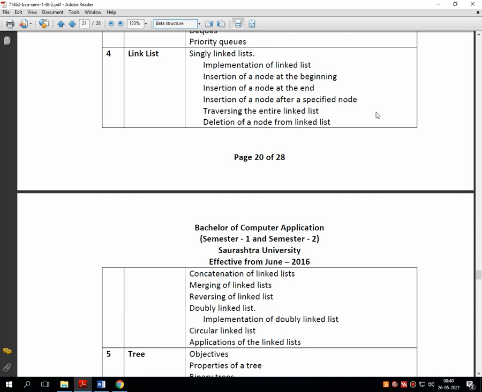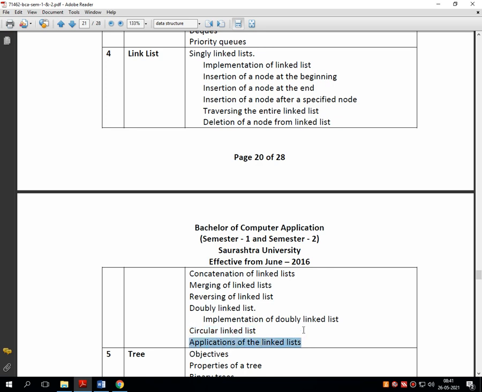As you can see on the screen, this unit number 4, called linked list, is further divided into subtopics. There is a discussion of single linked list, then merging of linked lists, reversing a linked list, the second type of linked list, that is double linked list with its further topics, and lastly the third type, circular linked list with its subtypes.